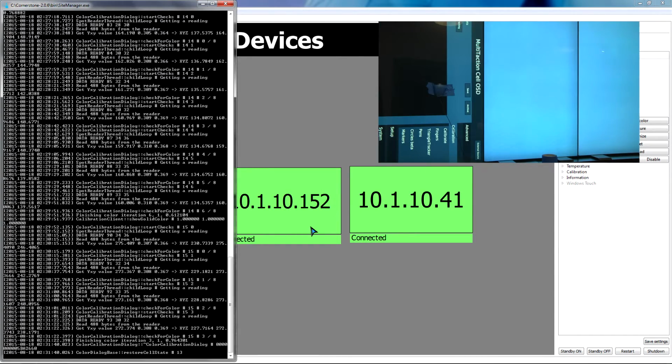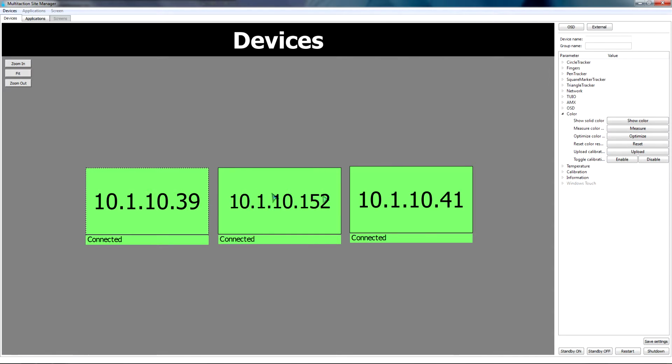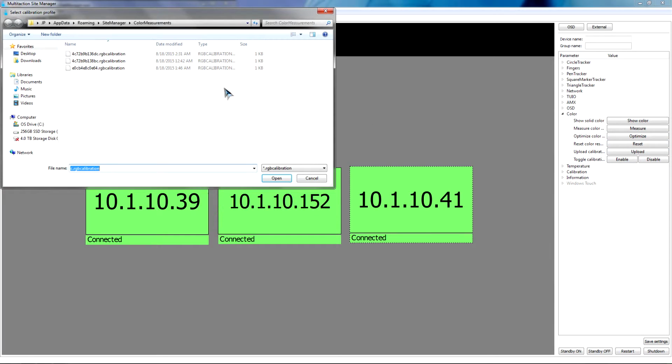Alright, so now we are done with color calibration for all 3 displays. That took quite a bit of time, but nonetheless we are done. So next thing we need to do is upload all of these files, which were saved during optimization, to each of the screens. So what we'll do is we'll go to upload, and of course these are all